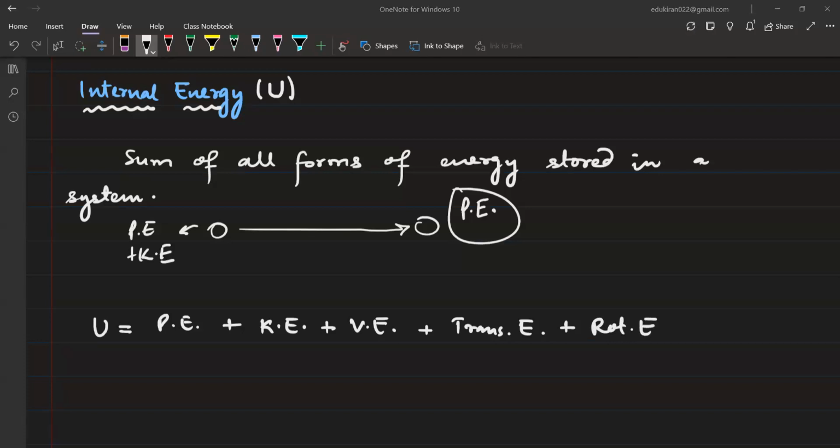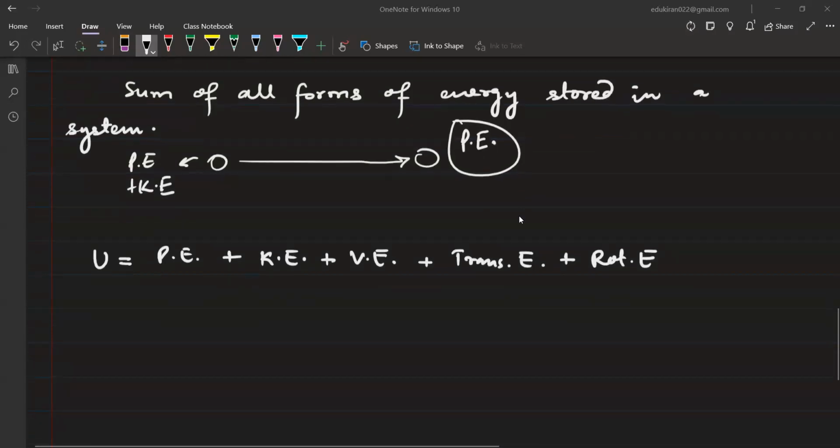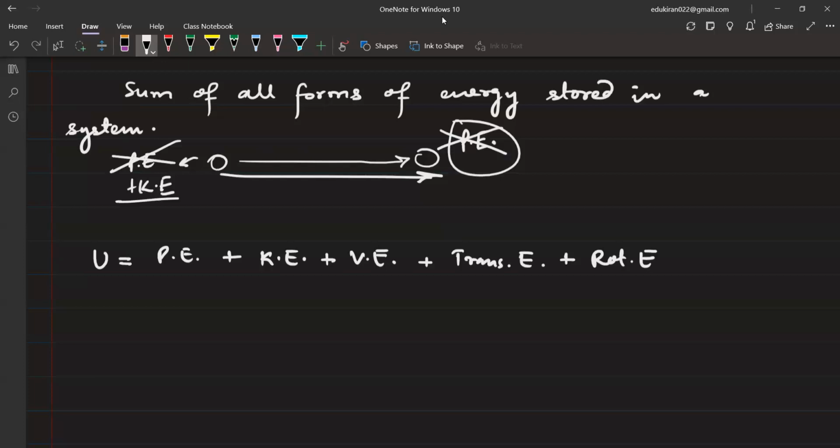And other different types of energy, right? But whenever a process happens, for example, when this ball moves from here to there, not all energies are important. When the ball was at a certain height and moving in this direction, we can ignore the potential energy because it is not changing. Whatever change is happening is because of the kinetic energy.